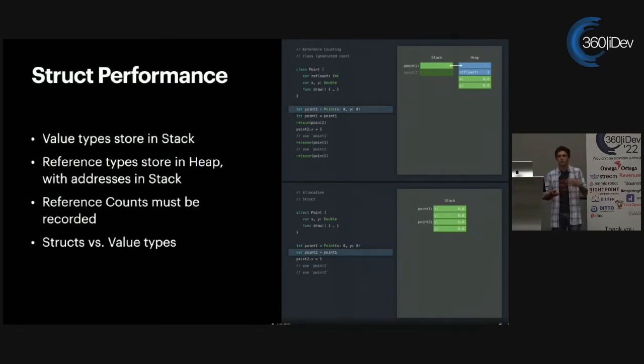Before, you had to record the reference counts, which takes up more memory and more computation time, whereas with a value type, that is all irrelevant. You don't need to count how many of them there are, because for each value type, there is only one. And that plays into why SwiftUI is pushing Swift away from Objective-C. They just have this shared value of speed.